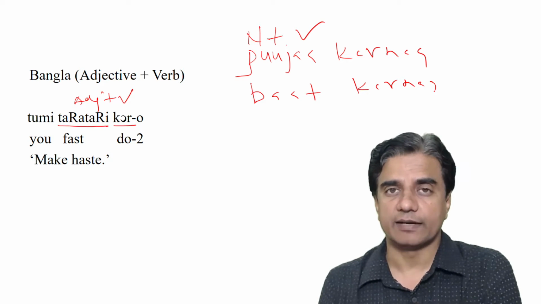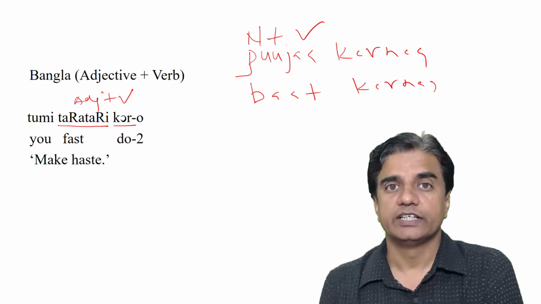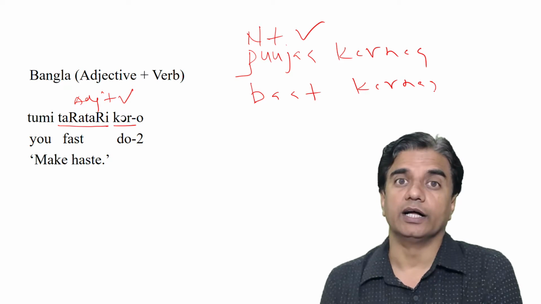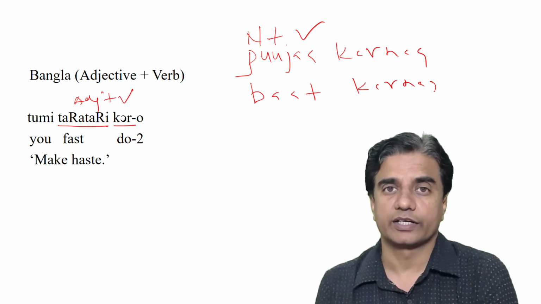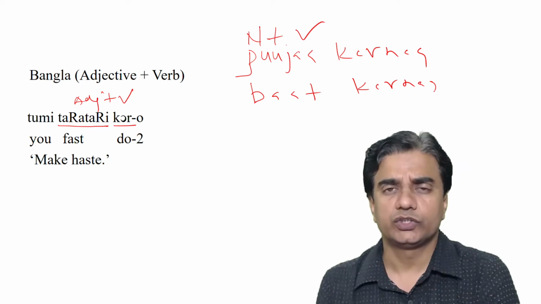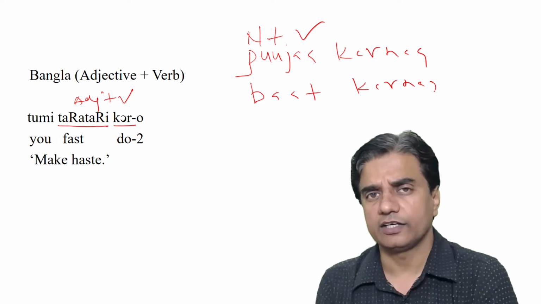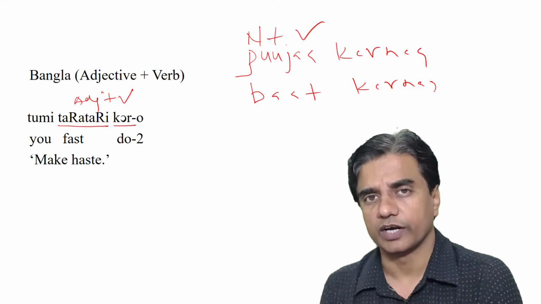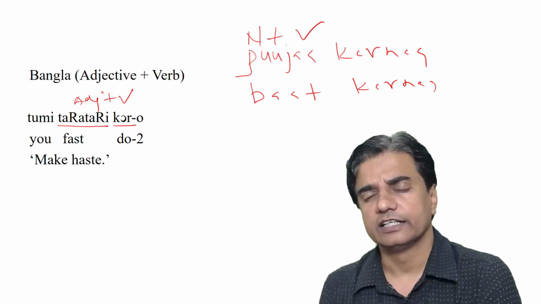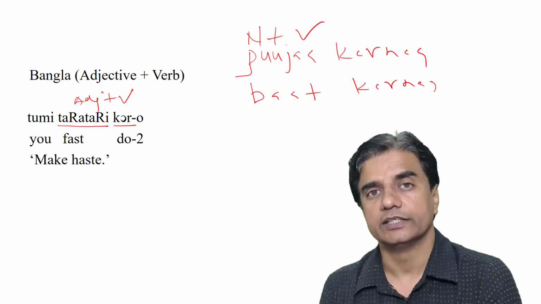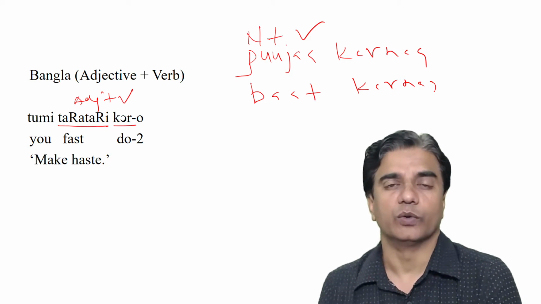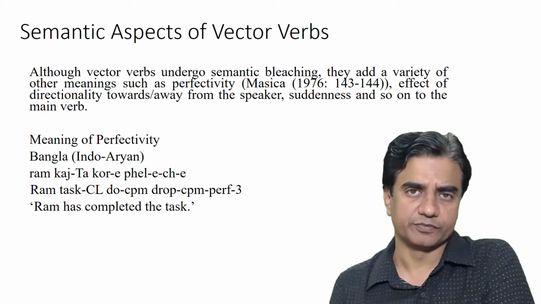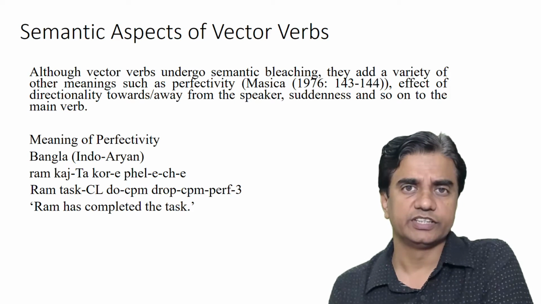In fact, in some cases, what's been observed is that children acquire complex predicates much before they acquire simple predicates. The least we can say is that it is hard to put the two in order, that is, which one is acquired first, but it is clear that acquisition of complex predicates is not really a heavy load on children. Now, when we look at the semantic aspects of vector verbs, it is important to mention that